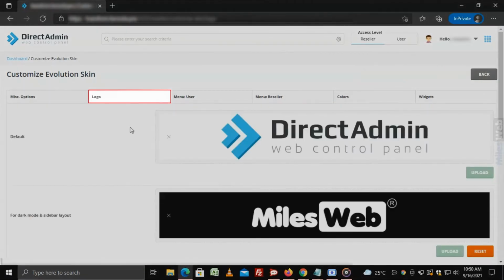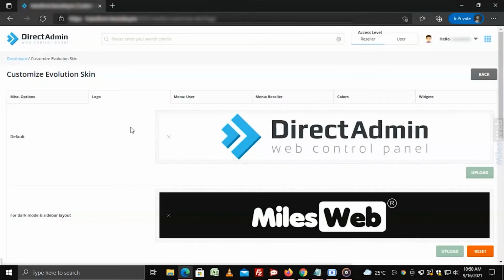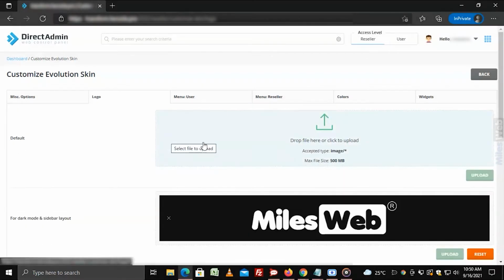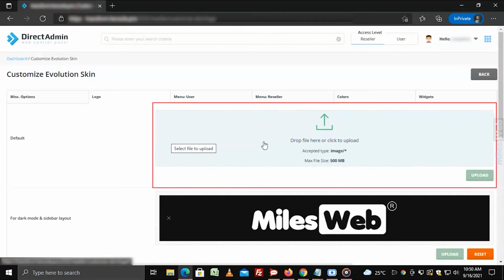Logo. This section allows you to change the logos for the interface. To change the logo for a particular field or option, click on X symbol beside the logo image you want to replace. It will remove the logo image from the field.